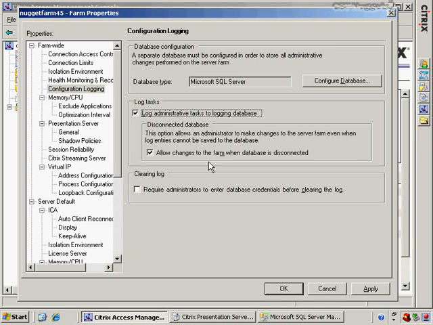Now, obviously, this is good because you're going to ensure auditing capabilities, but it may be bad if you have to make an emergency change to the farm when that database is disconnected. This is going to be an architectural change you're going to want to make based on the needs of your environment. Also, and this is very important, associated with these config logging databases, especially in their audit capability, is whether